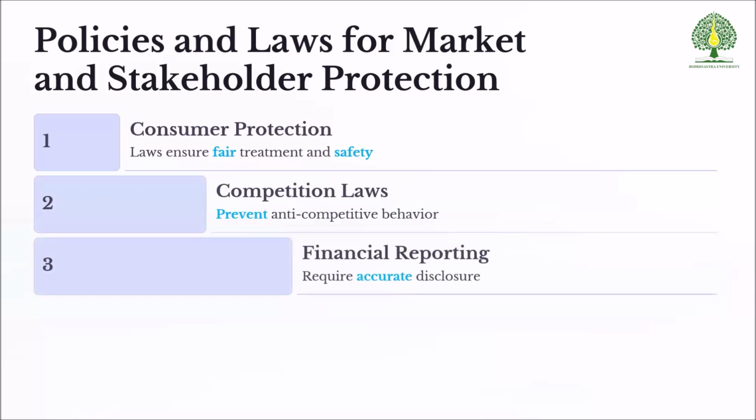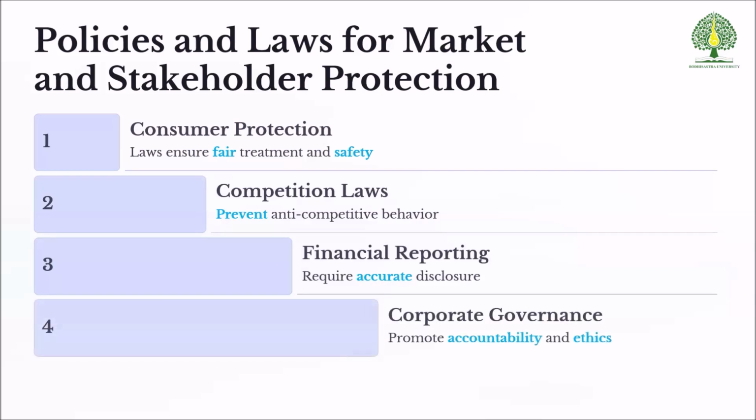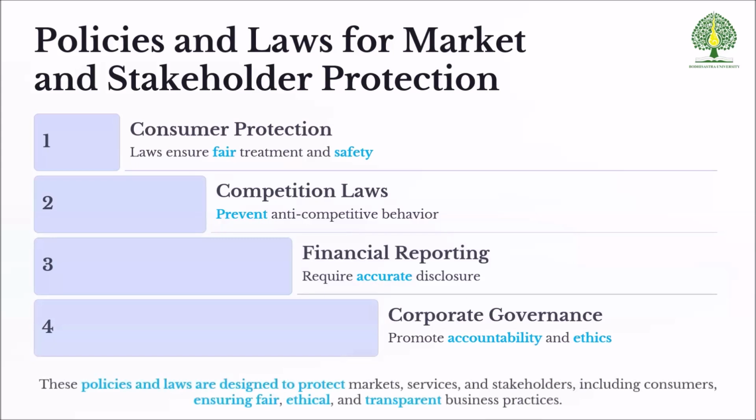For financial reporting, we need clear international and also national financial reporting standards to ensure fairness and transparent financial management and asset and equity management for the stakeholders. And then corporate governance is the framework that can ensure all of the above: consumer protection, competition law, and especially financial reporting.